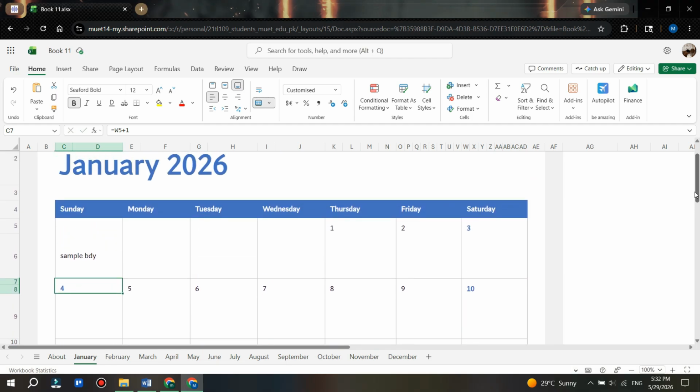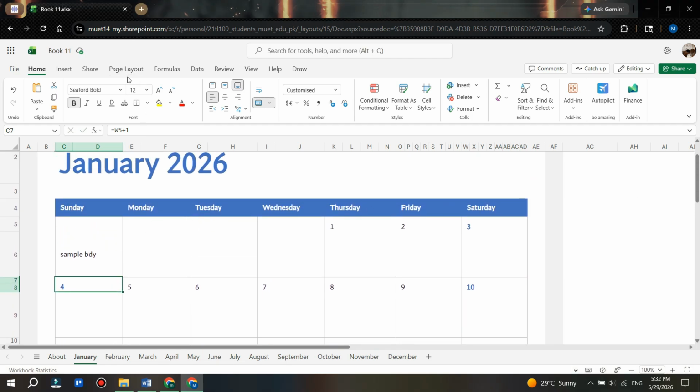If you want to change the design, go to the Page Layout tab and select Themes to apply different colors, fonts, and styles to your calendar. That's it. You've successfully created an interactive